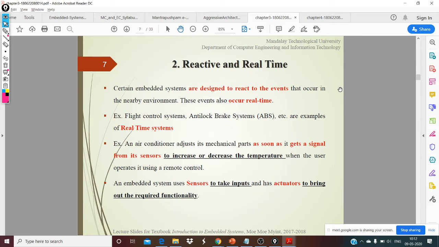Give it a shot. Come on, it's not rocket science I'm discussing. It's just an introduction to embedded systems. We are just seeing some characteristics. What do you understand by the term reactive? The system must work based on the environment surrounding it. When you simply say the word reactive, what do you mean by that? Reaction. Yes, reaction, correct. What do you mean by the term reaction?